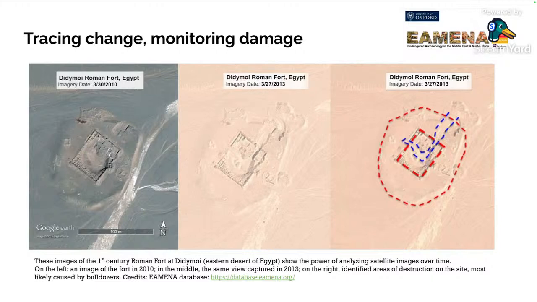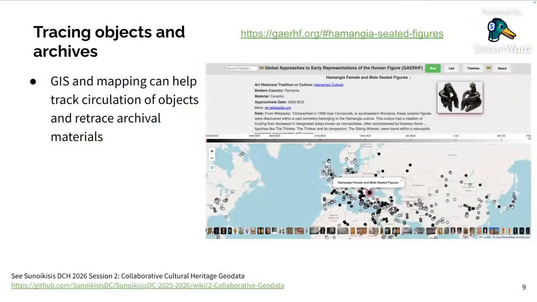And so we can use different satellite imageries and different images that were taken at different moments in time to document the current status or the past change of a particular archaeological site. We can also combine GIS with archives and with databases or with text analysis, as I'm going to show you